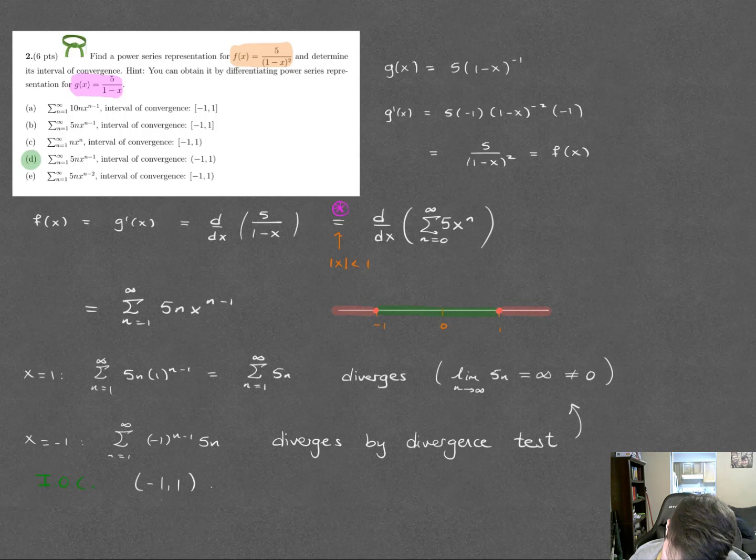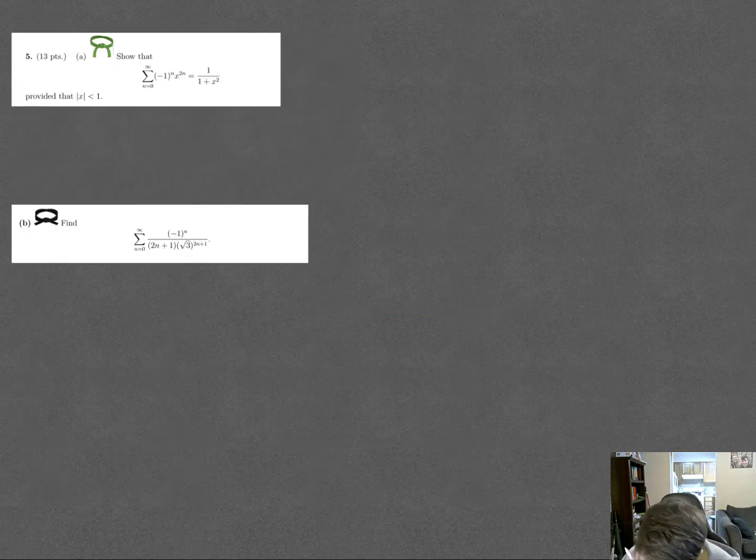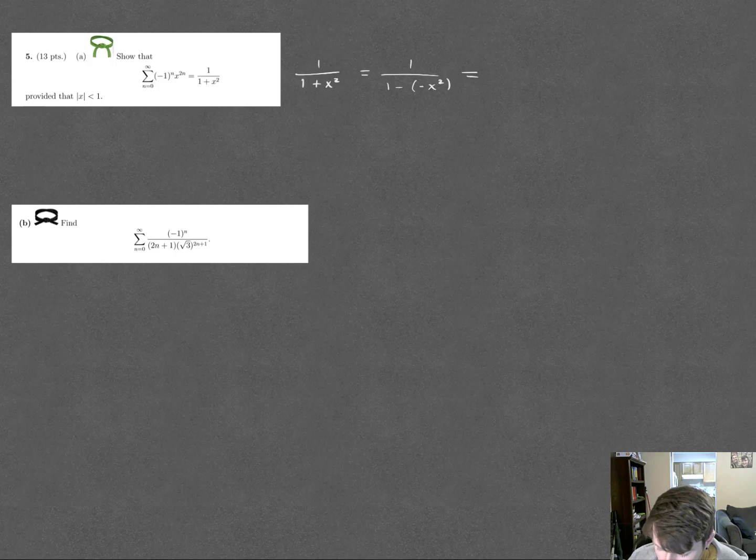Okay, last example. Show that the sum from n equals 0 to infinity of minus 1 to the n x to the 2n is equal to 1 over 1 plus x squared. So I'm going to use the same parlor trick using the blue box. This is 1 over 1 minus x squared. Now for minus x squared less than 1, which is the same thing as x in absolute value less than 1,